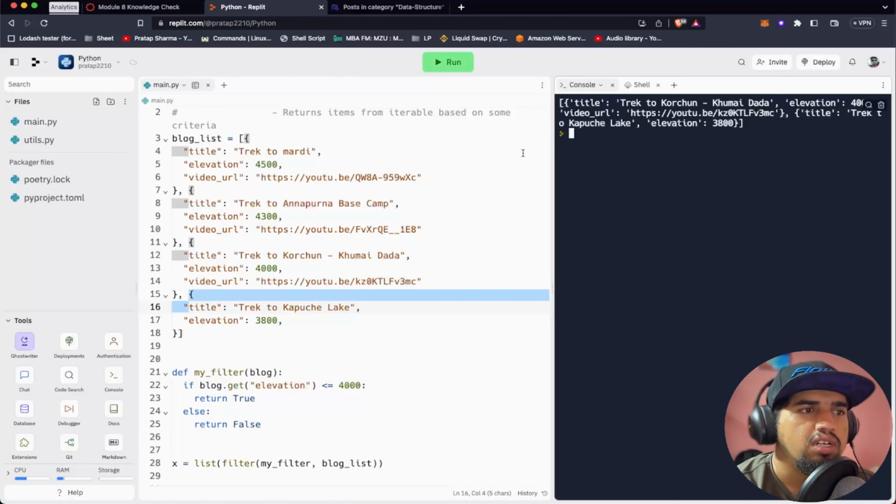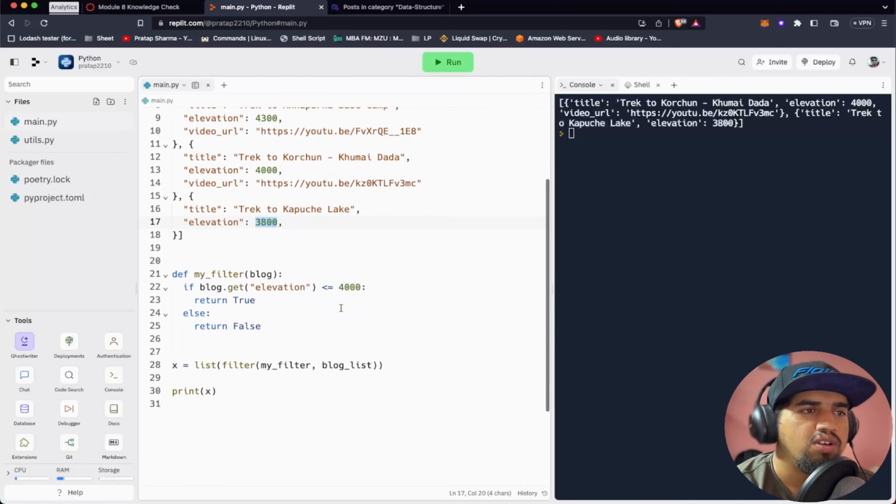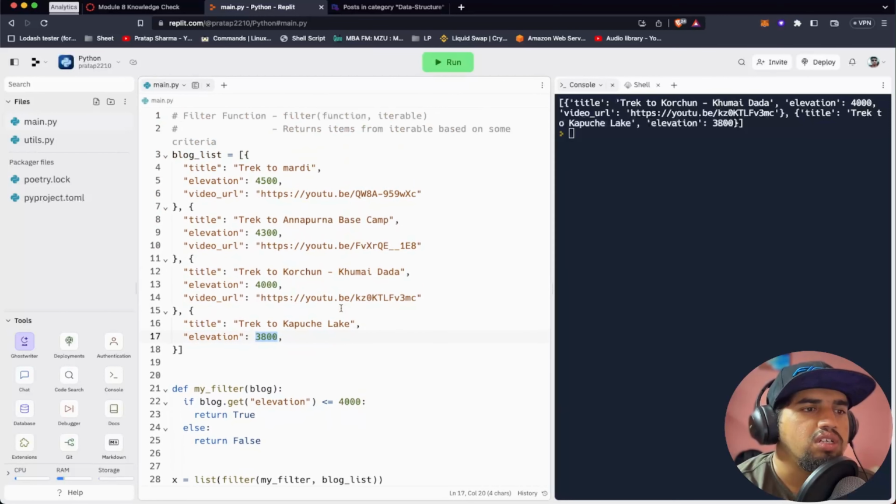So here we get Khomaidara, the trek to Korchum, because it's equal to 4000, and then we get the trek to Kapuche Lake. Okay, so now let's say we want only those blocks which have an elevation less than 4000, and which should also